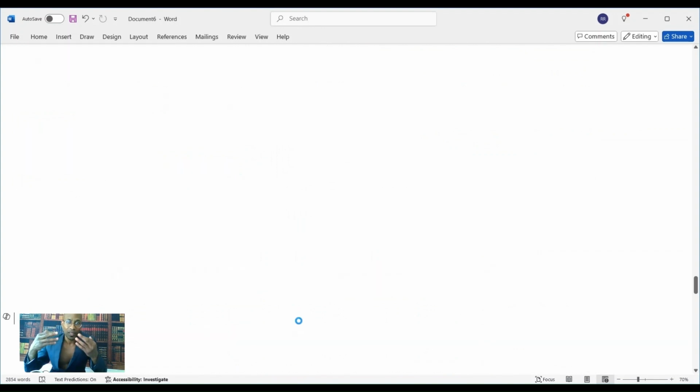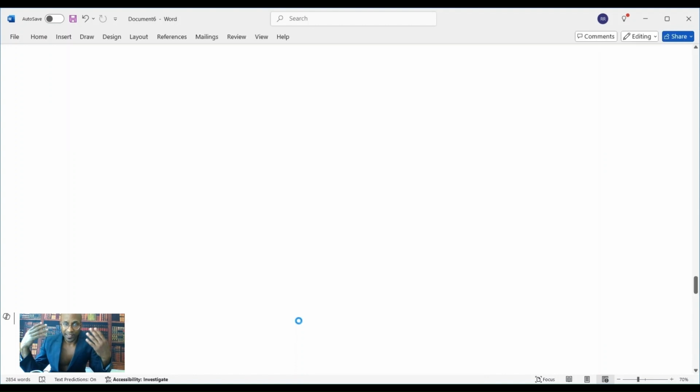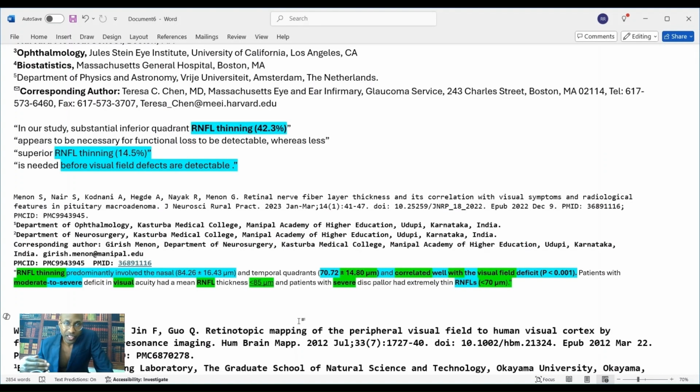So the male has 38% more of a central visual bias in their visual attention to the central visual alignment, whereas the peripheral visuals are blocked out 40% more. Now in total, that's about a fourfold greater increase. What we have with females is that females are not biased to the central visual field, and they're taking in the peripheral visuals. So when the human mirror neuron system is being supplied with the information that their eyes are sending to their brain, that their brain interprets as vision, and then these visuals are calibrated with the movements,